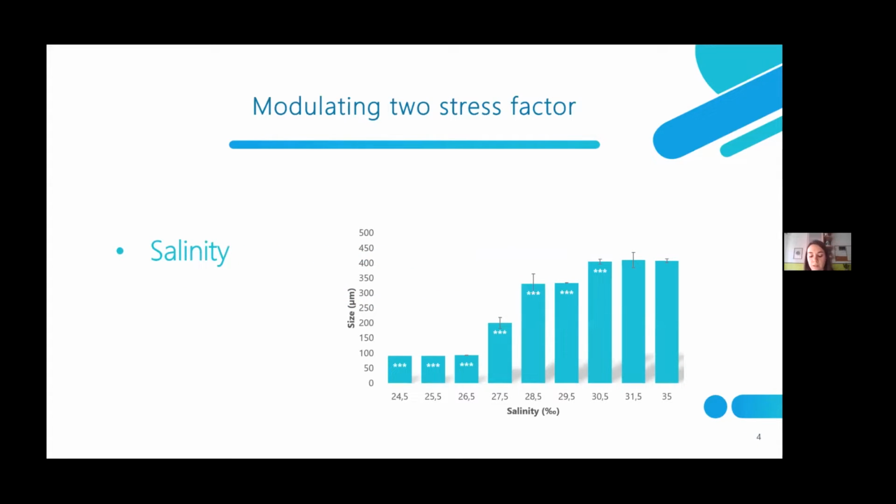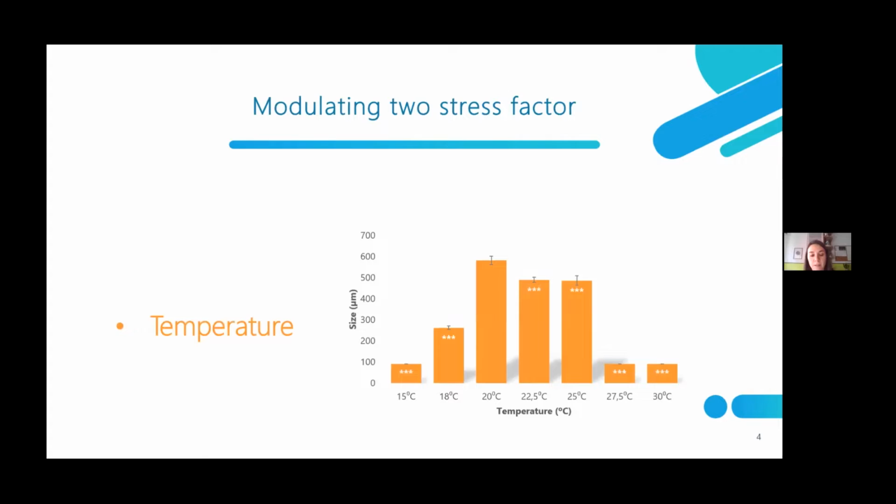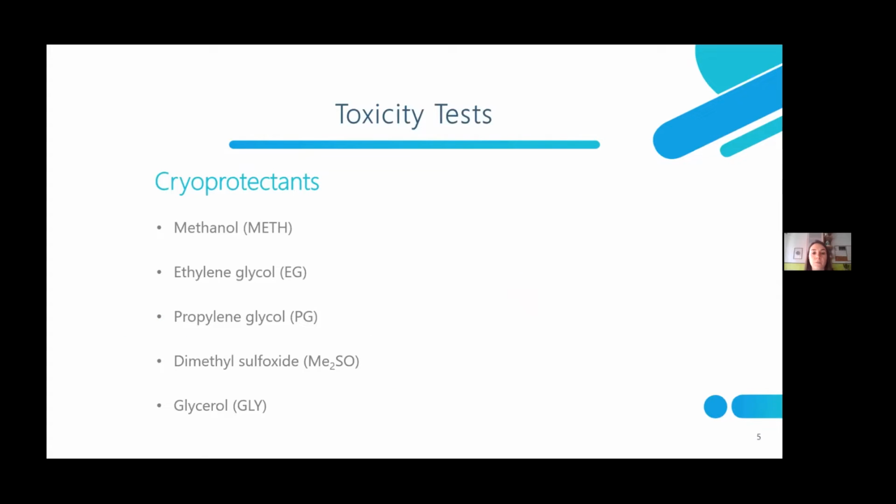To answer this question, we performed different salinity and temperature bioassays to determine the stress tolerance rate of our larvae. And next, we performed different toxicity tests with different cryoprotectants,